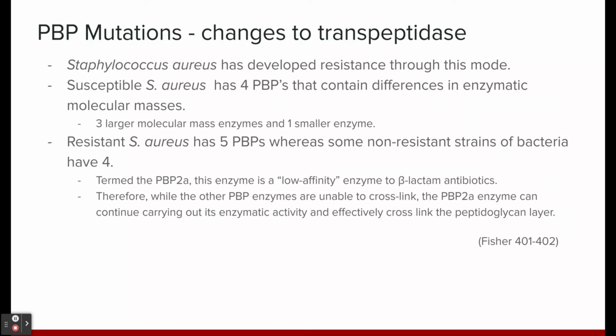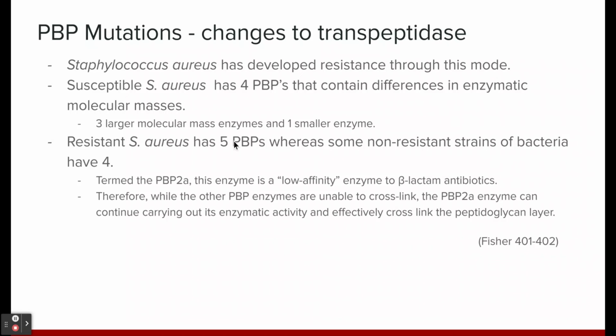In susceptible strains of Staphylococcus aureus, there are 4 different transpeptidase enzymes that differ in their molecular masses. We see 3 larger enzymes and 1 smaller enzyme, and these are inhibited by beta-lactam antibiotics. But when we look at resistant strains,